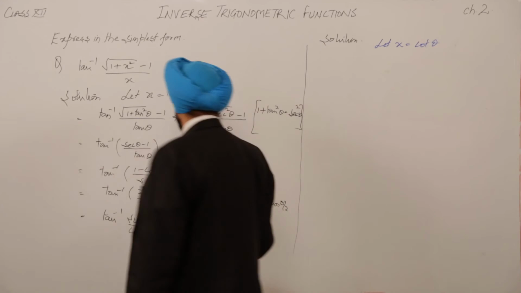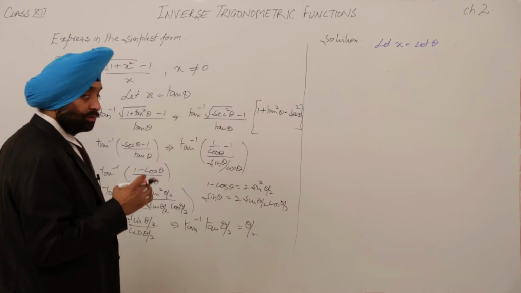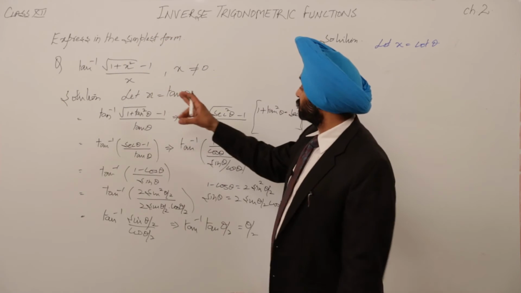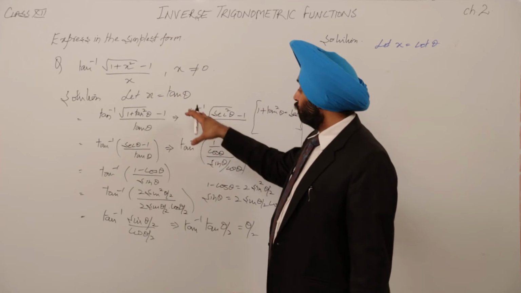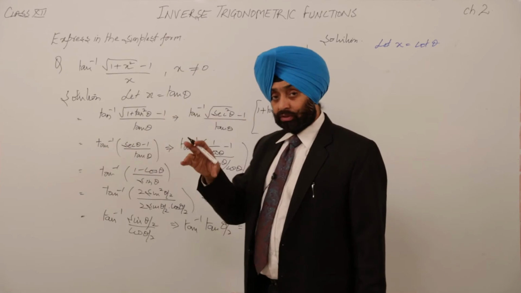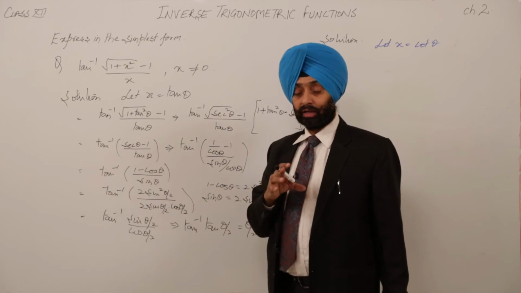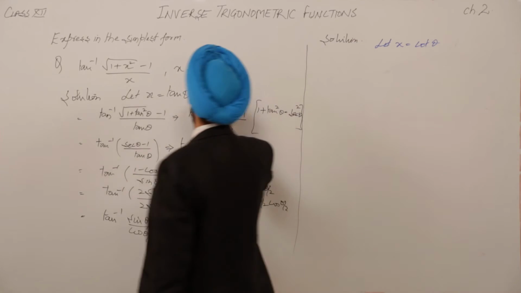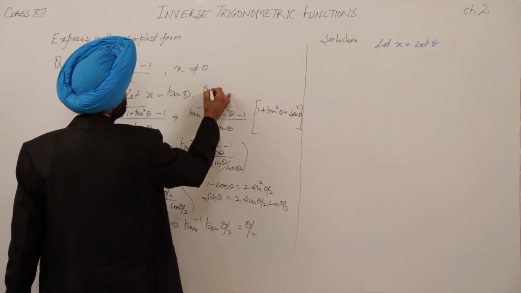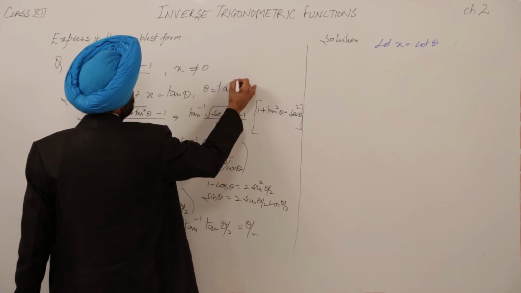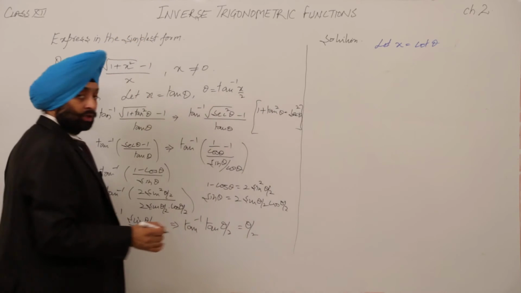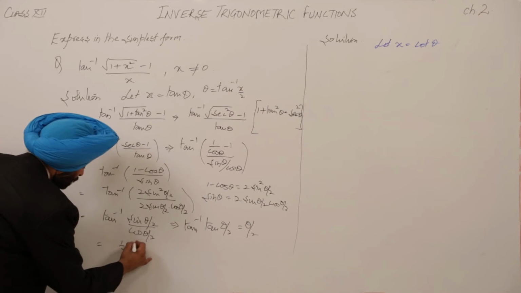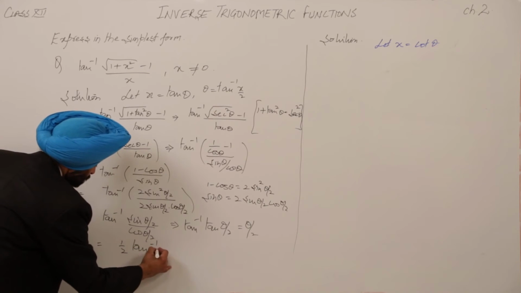Okay. So now the question was, what was the variable in the question? It was x. What we supposed? We supposed let x is equal to tan theta. When we have supposed it, always, otherwise one or more than 1 mark can be deducted if you leave your answer here as theta by 2. Now when x is equal to tan theta, what is theta? Theta is tan inverse x. So what our final result is? Our final result is 1 by 2 tan inverse x.